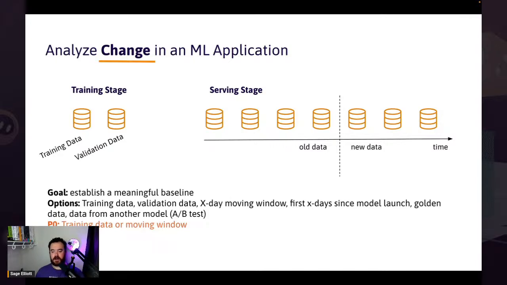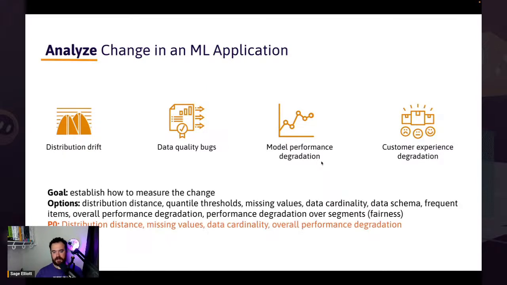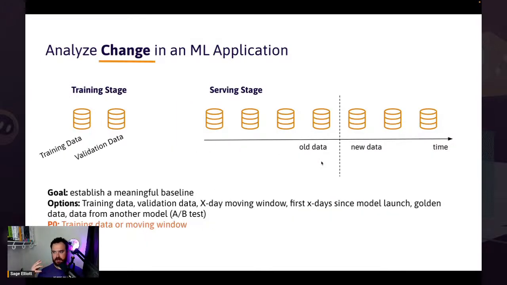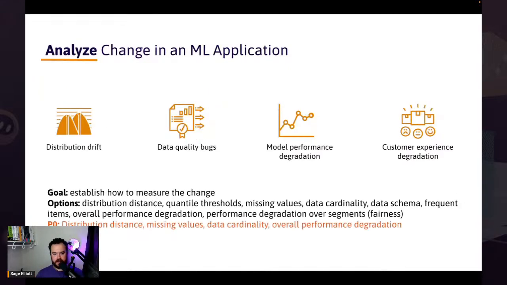If you don't know where to start, I always recommend, if you have a model in production, because you can do very similar stuff for just data pipelines as well, but if you have a model in production, you use some sort of training data set. So what I like to do is log the training data and then compare any new data to that training data distribution. And that can give you really good insight right away on your first day of having the model in production. And that's what we'll do today as well. We'll simulate putting a model in production and then comparing new data to a training data set.